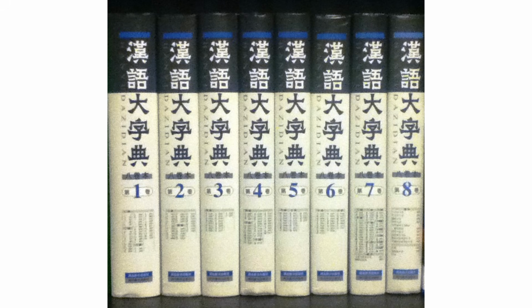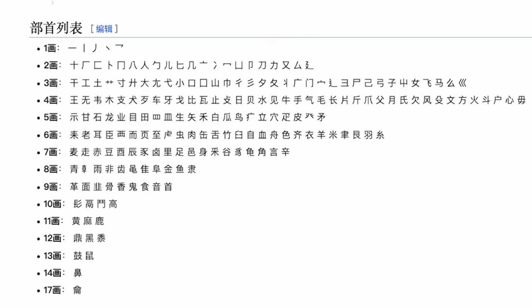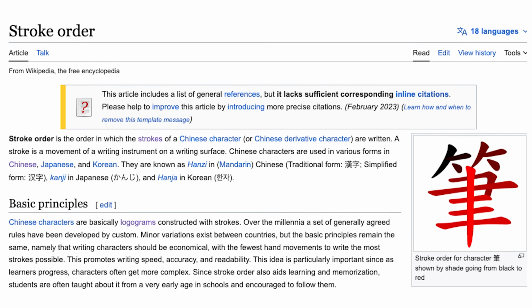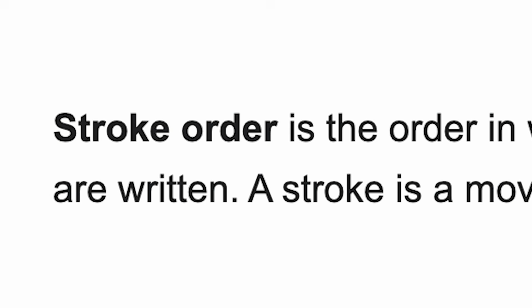It's still used in some places to this day, although there's a more modern set of 201 radicals used by the Chinese government and many modern Chinese dictionaries, or for anyone else who's a big fan of using 13 less of things. Along with these radicals standardizing, so too did characters' stroke order, which is the order in which the strokes are written.